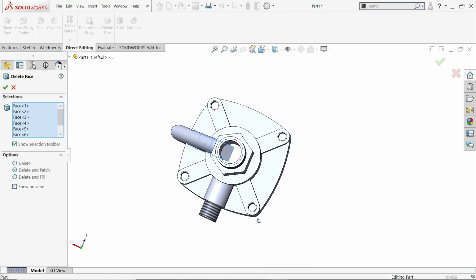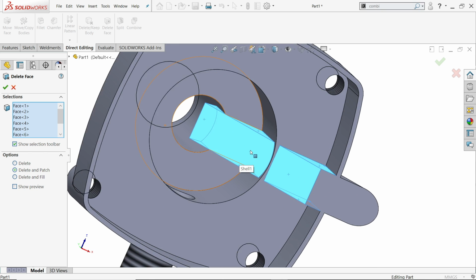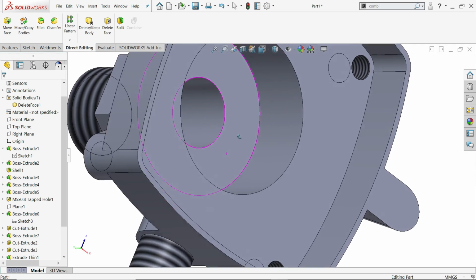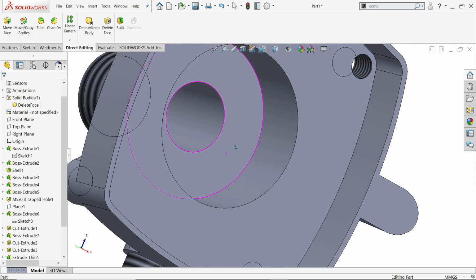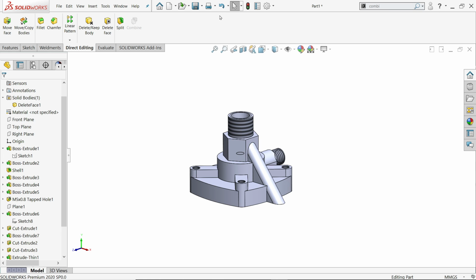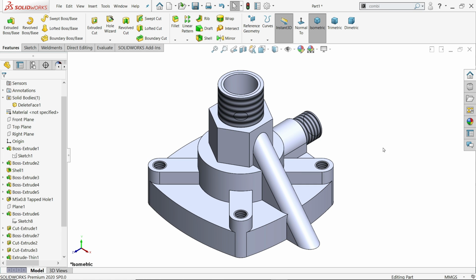Now let's check from inside this one. Say yes. Look, all the things are removed, and simply we created this 3D model.